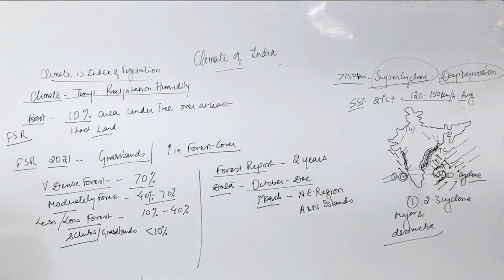When the monsoon reaches the Andaman and Nicobar Islands, the first monsoon reaches there even before Kerala. Kerala receives the first rain over the mainland, but the first monsoon reaches the Andaman Nicobar Islands in the last week of May. There is also early arrival and late departure, so the period of the monsoon there is 8 to 9 months. The duration of the monsoon is longest there, right?